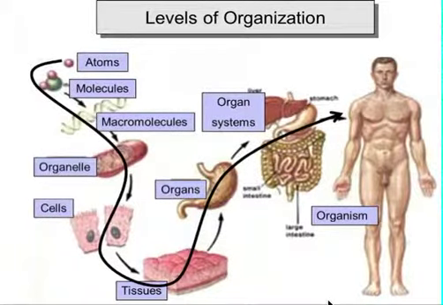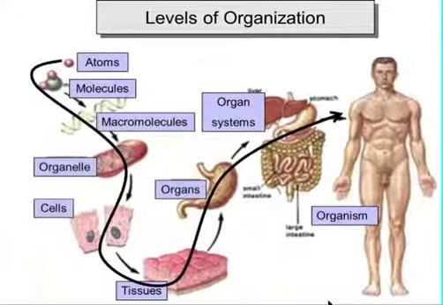So today we're going to talk about the hierarchy of complexity as it pertains to the human body. Now, the human body is very complex, so it has multiple levels of organization. In order to understand how the body works and how each organ system is interrelated, interconnected, and interdependent, we have to start studying the body from its lowest level of organization all the way up to its highest level of organization. So we're going to start by taking a look at the lowest level of organization, which is the chemical